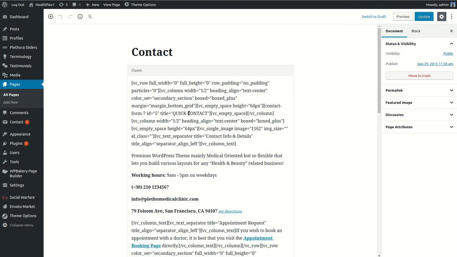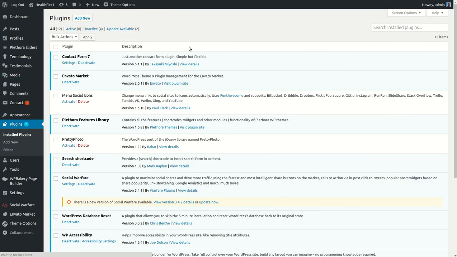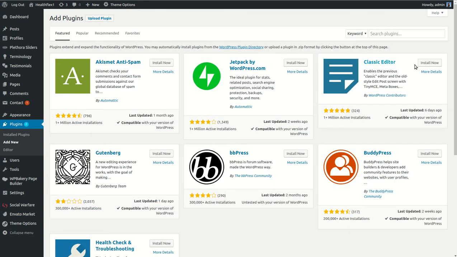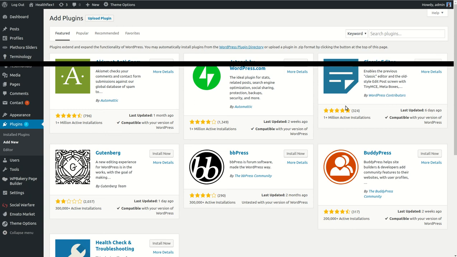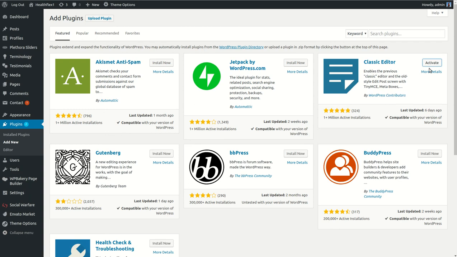To resolve this, we only have to go to plugins and install the Classic editor. This is fairly easy. Just add new and then install the Classic editor. You see that it has become very popular because a lot of people really need this plugin to continue work